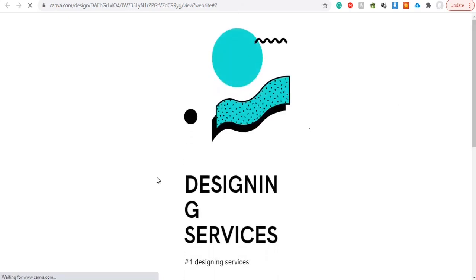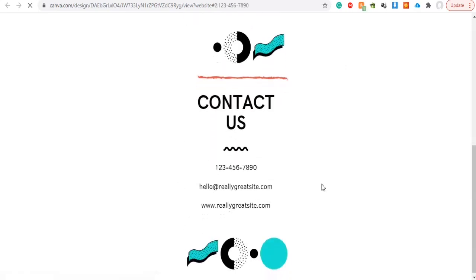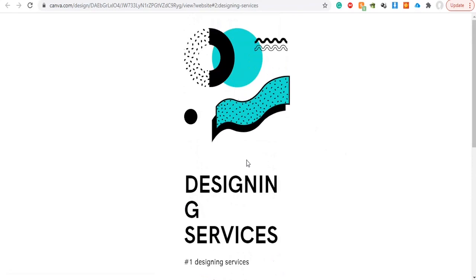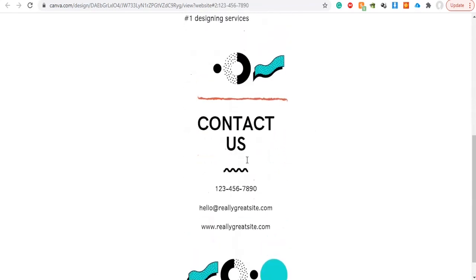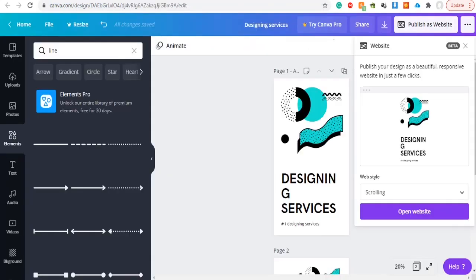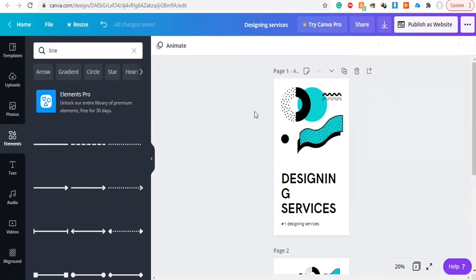So this is our website. We are currently running this website on a desktop, so that's why it's looking like this, but you can click on inspect and you can see how it looks on various mobile phones. So this is how it looks. Now you can copy this link and promote it, or you can shorten this link by URL shortener. So this is how we create our mobile and desktop friendly websites.